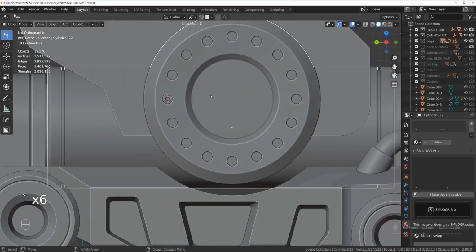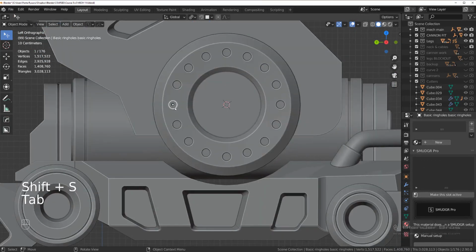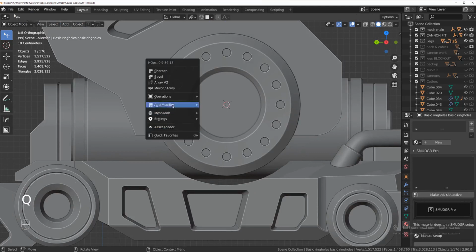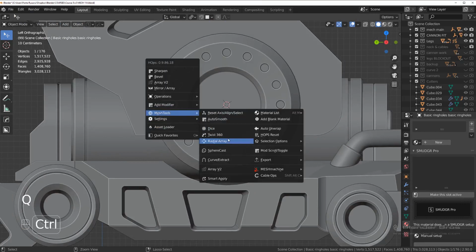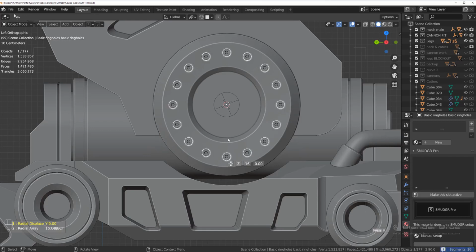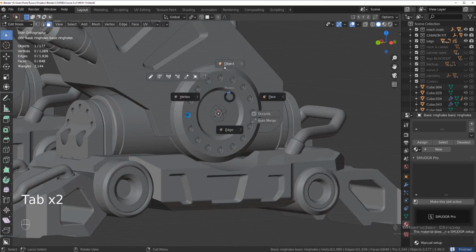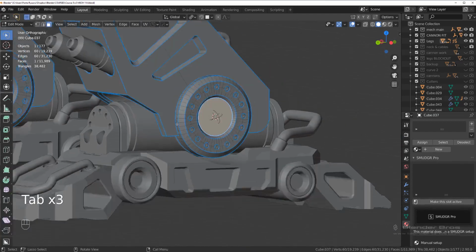Now let's select this. This one, cursor here, and this one, and mesh tools, and radial array. Increase it, no, decrease it by 1. It's 1 less here. And then select this,